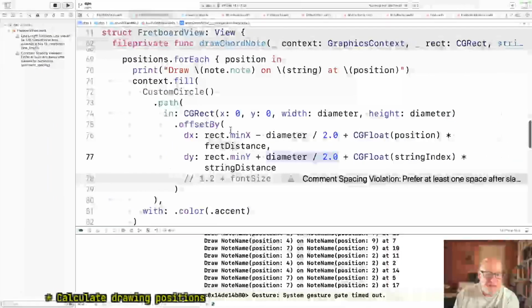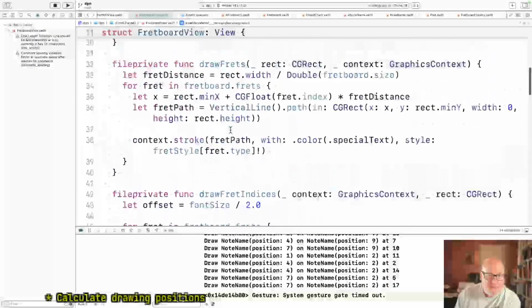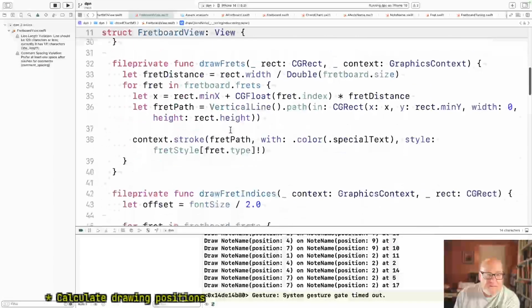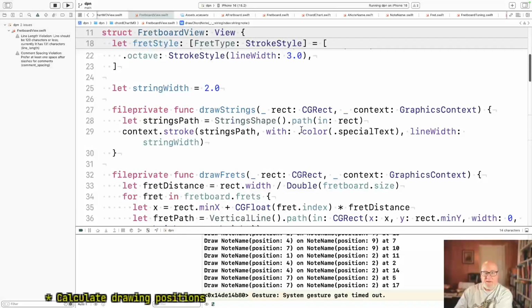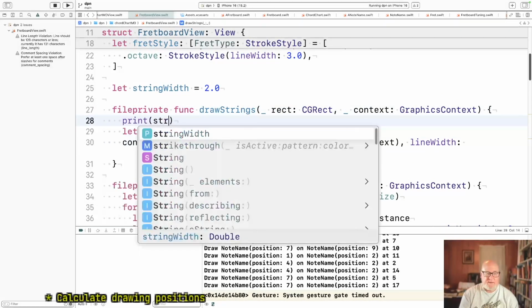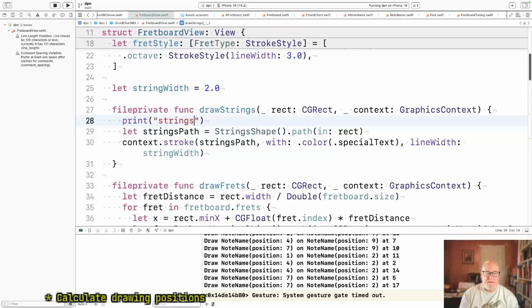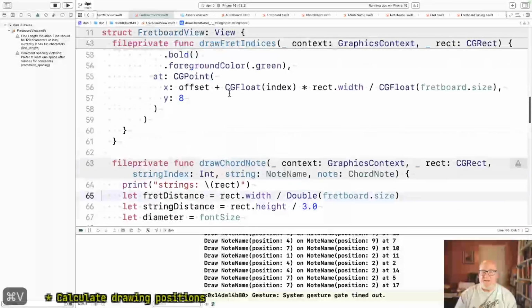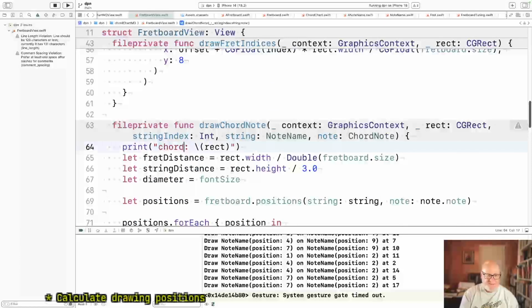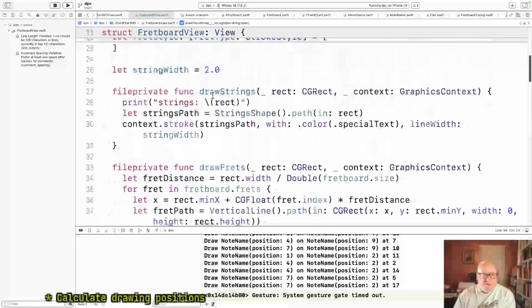Did we scale the fretboard? I don't think so. So the frets, no, we want the strings. Well, let's print the rectangle here. And we'll do it again and make sure we're getting the same rectangle when we draw this. Okay. But if we go here,